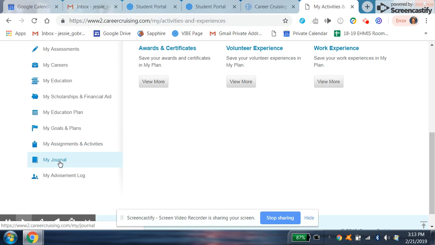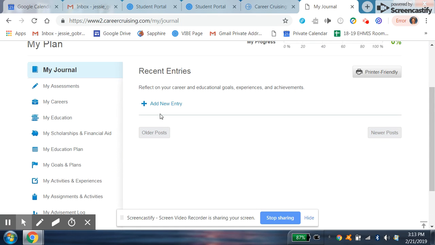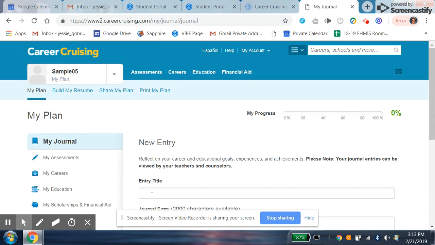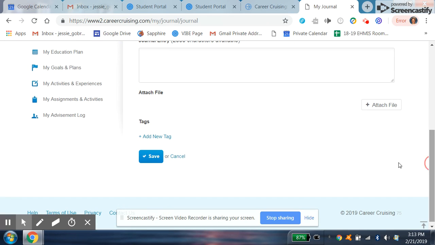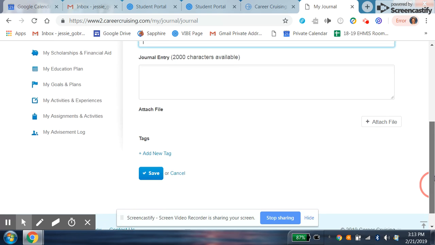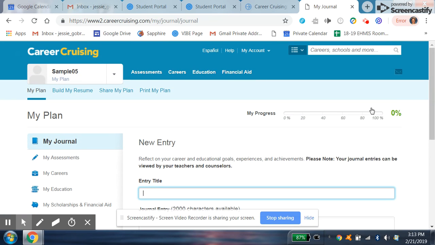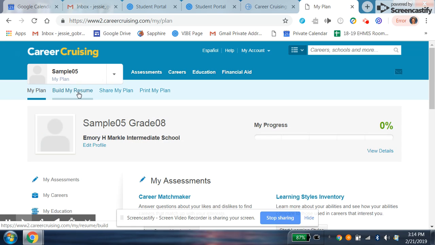Assessments we already looked at. My Journal, we'll go into the journal section a lot, very frequently. We will add new entries, title them, write reflections about certain activities we do, and then hit save. Everything that we do in Career Cruising is saved cumulatively through grades 6th through 12th. So it's very exciting. We can also build my resume, share my plan with parents or school counselors. You can also print your plan